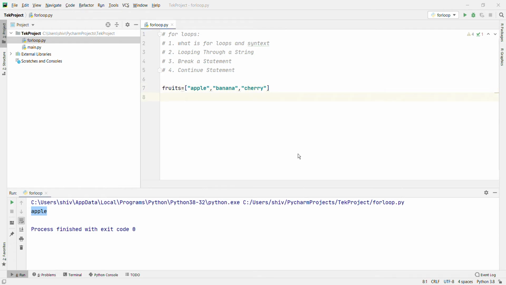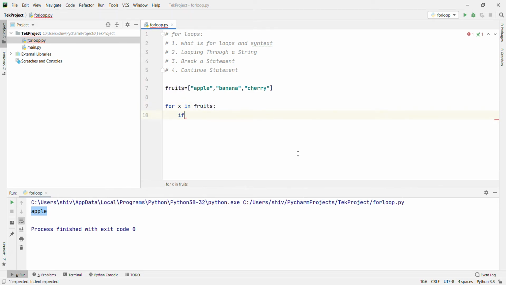Okay, and for x in fruits, if x double equal to banana, and then continue, and then print x.